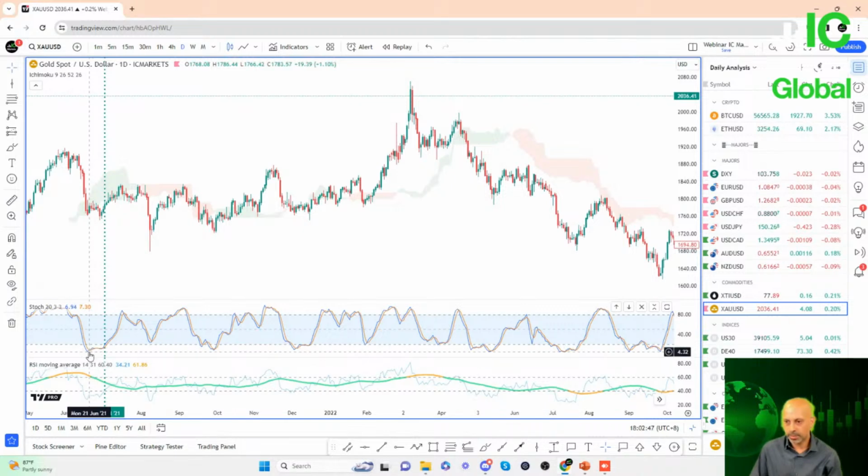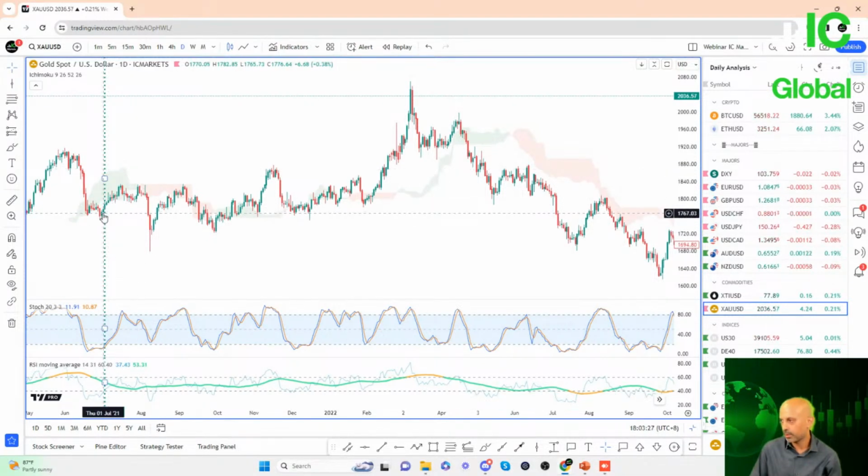Because you can see here, sometimes it's a little bit better to be patient, right? Because if we had tried to buy the dip here, as soon as the stochastic oscillator went under 20 and RSI dropped under 40 here, we would have been a little bit early on the bullish reversal. Of course, the price did retrace a little bit higher, but it wasn't a strong move. But as you see, as the stochastic oscillator and the RSI both start to head up and cross over again, this is the period where it signaled a high probability of a potential bullish reversal here.